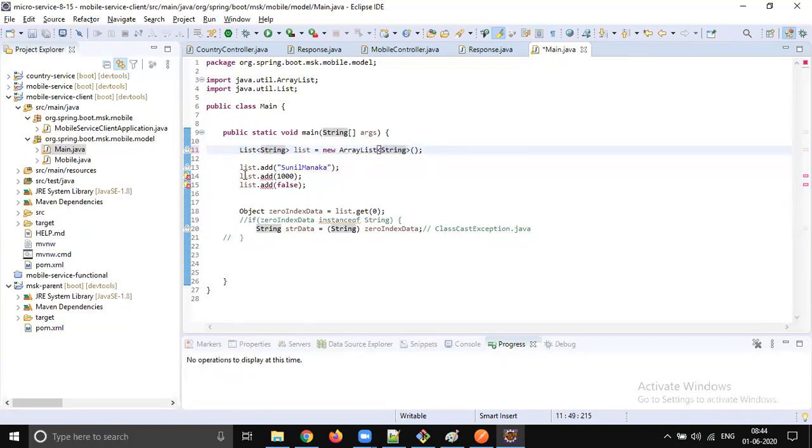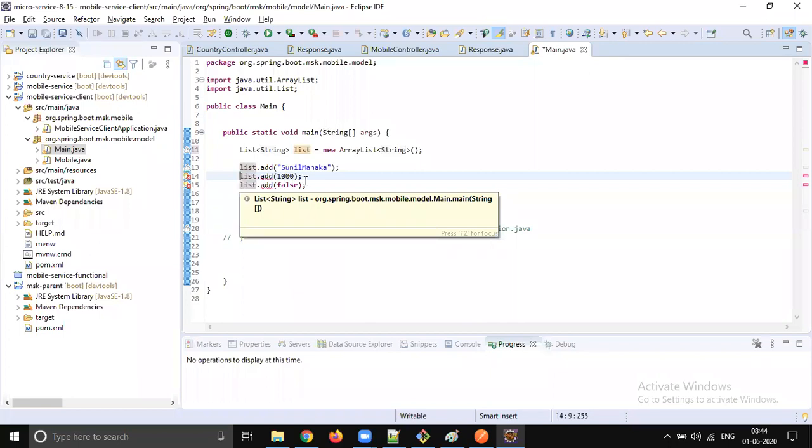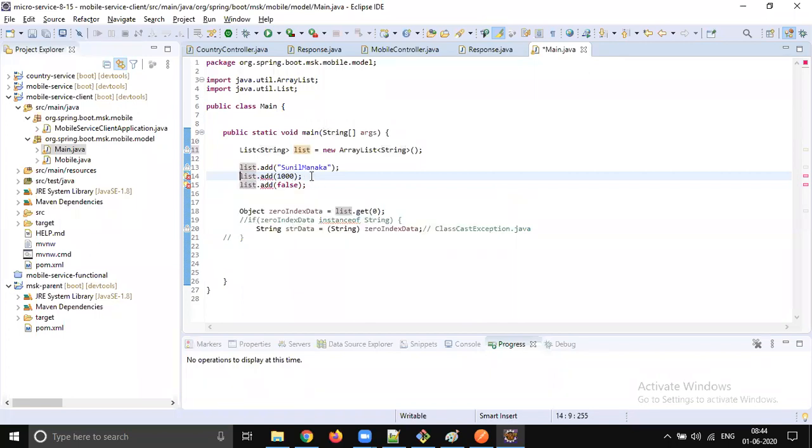While storing the data itself, the compiler will show an error if it is not a string type. Line number 13 looks good because we are storing string type, but on line numbers 14 and 15 we are getting an error because we are not storing string data.